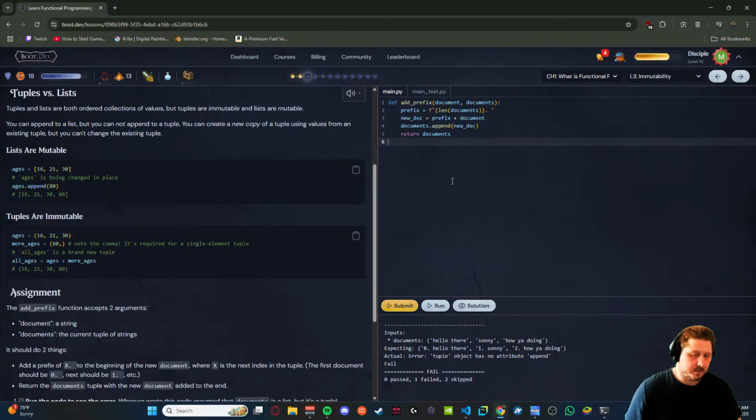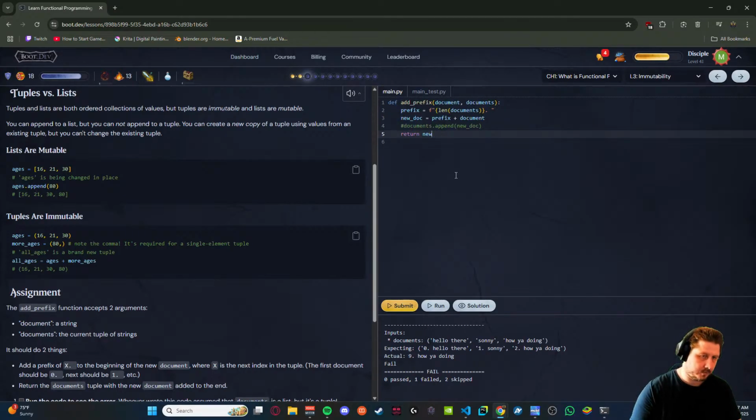Can't return this because it's a tuple. Return new doc. Yeah. You get 9. Return prefix. I get 3. Len of documents is 3.